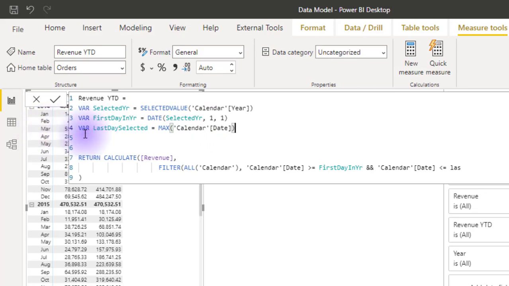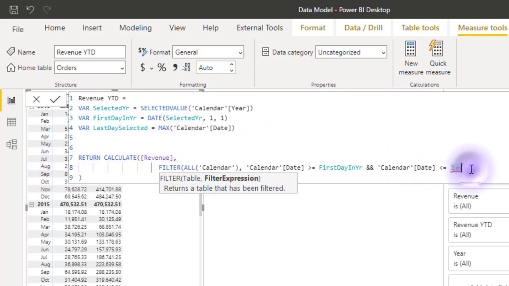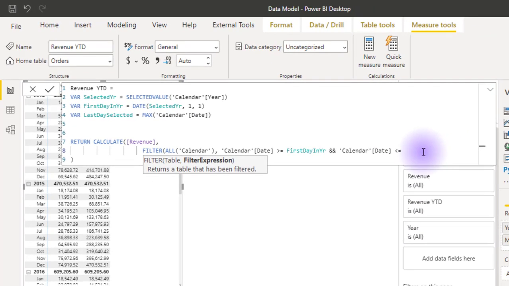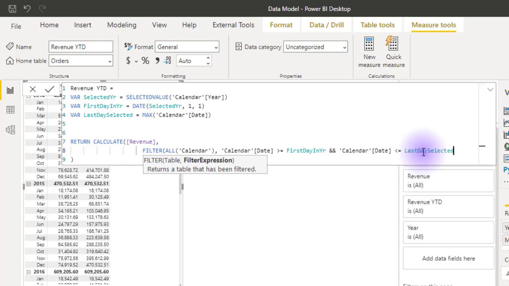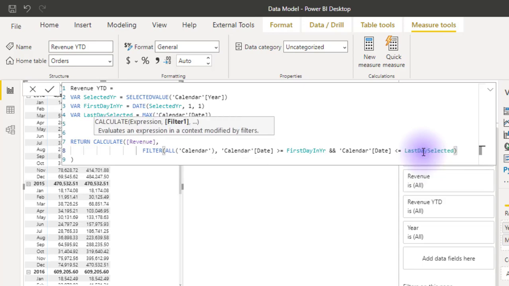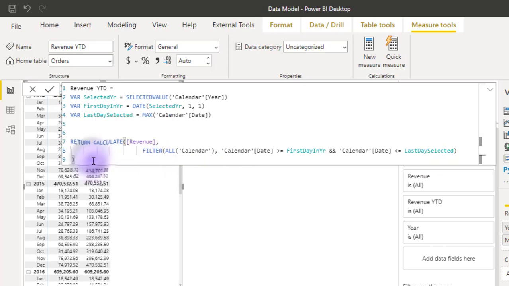So if June, then it will give me 30th of June. If August, it will give me 31st of August. So let's now say the calendar date here is also less than or equals to the last day selected. So when I close here for my filter and close here for my calculate and hit enter,